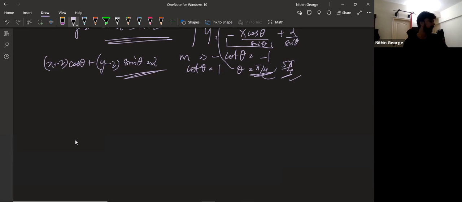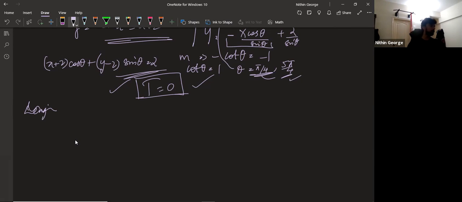Next thing, find the area of triangle. Guys, remember this T equal to 0 for tangent will be true for any conic. Hyperbola, parabola, ellipse, circle, doesn't matter. It will be true for any conic. Okay, so T equal to 0 will be true. Just remember that. Now, we will do a question.